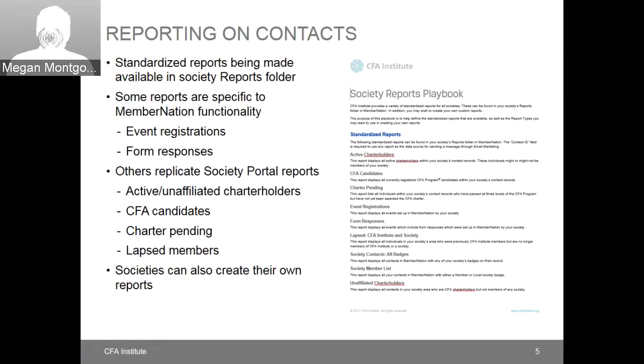So then how do you know what information you have? How do you get that information back out? And this is done through reporting. The MemberNation platform runs on Salesforce's engine, so it uses all of the same reporting features that Salesforce uses. So it has a very, very flexible and robust reporting